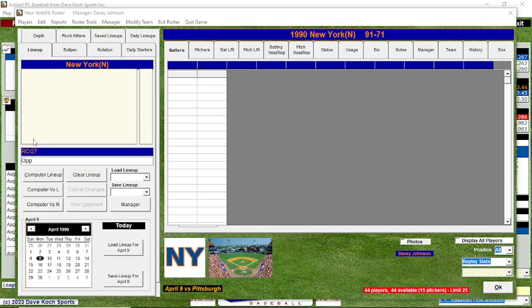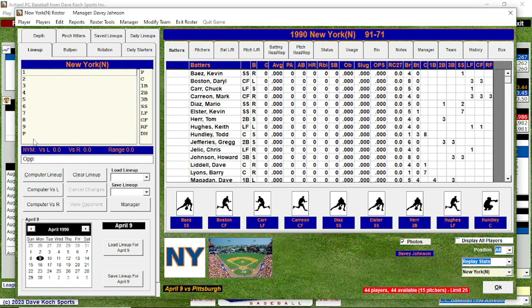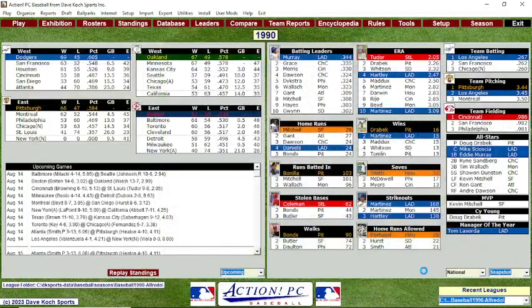For some reason, the game had completely erased all of their statistics, including their games and their logo and their pictures. So I don't understand what happened here. I don't know what I did wrong other than I clicked the button.